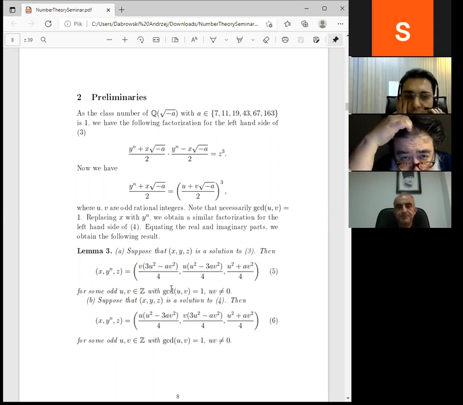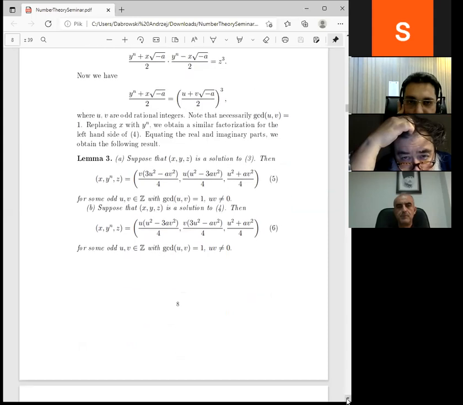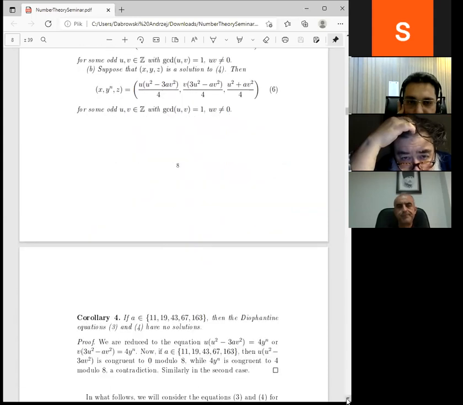What is important here is the expression for y to the power n in terms of so-called numbers u and v. Equation 5 is for the first of the differential equations, 6 is for the second. So it's a pair, and it will be used permanently. And the first application is very easy. It's the following corollary, that if